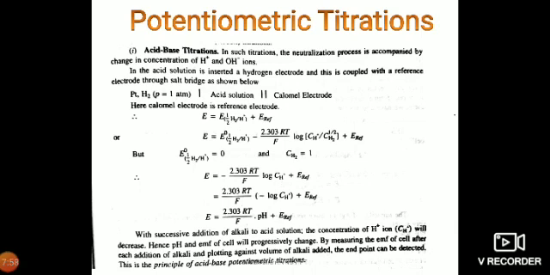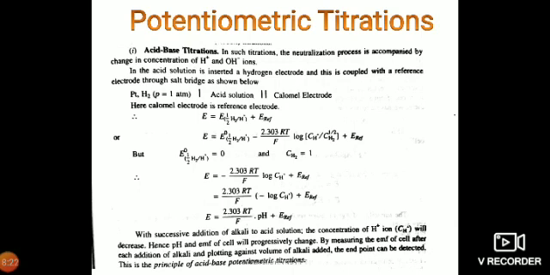Therefore, that minus sign in the above equation has been reduced to plus. In the bracket we have an expression for pH, that is minus log of activity of hydrogen ion concentration, plus E reference. So, for that minus log of concentration of H plus ions, you can write down pH. Therefore, the equation reduces to the form E is equal to 2.3 RT by F into pH plus E reference.